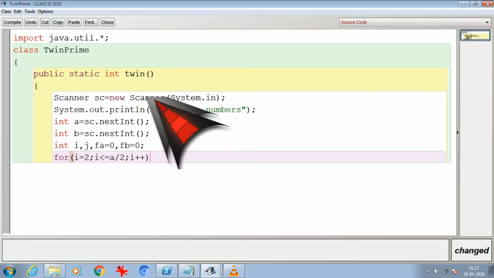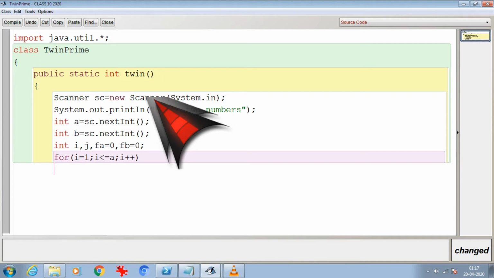But if I change my loop from the number 1 till i less than or equal to the variable a, with i plus plus, then I will get 2 factors. I'm showing it both ways so you can understand, and you can write either loop for checking whether it is prime or not.